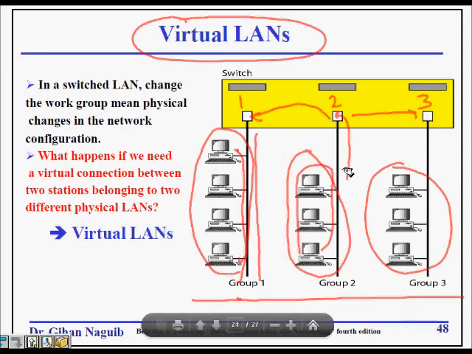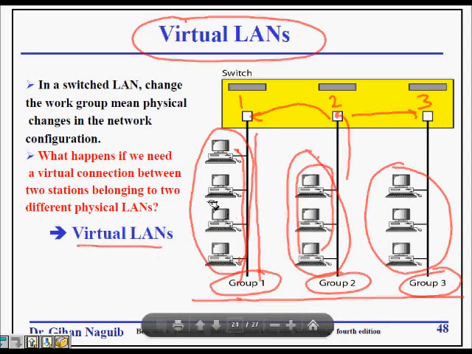Let's say this is any office, any software company, where we have group 1, group 2 and group 3. Group 1 only has broadcast messages from its own group. Let's say this is the engineering group, so engineering receives messages from engineering. This is the marketing group or LAN, so all the marketing people receive messages from each other. It's broadcasted, but no message goes from engineering to marketing. So how does virtual LAN help?